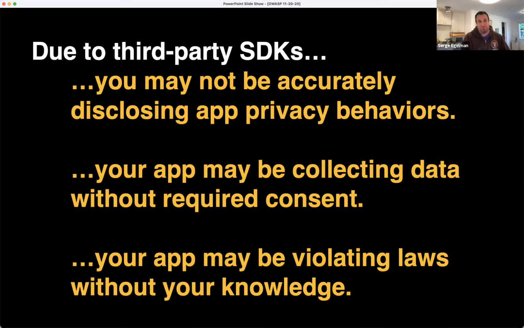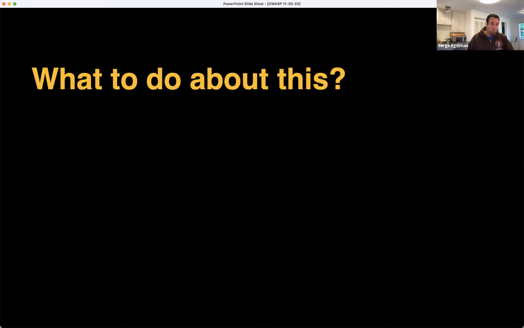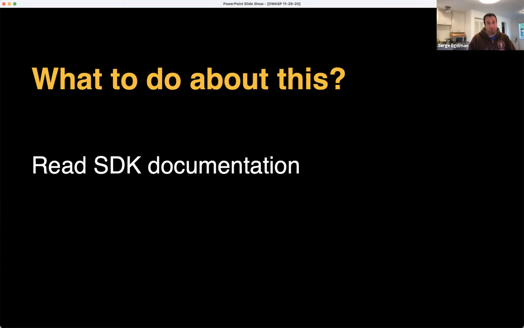These are more of the issues to think about. So what do you do here? What's the solution? If you're an app developer, the takeaway is that you should make sure you're reading all of the SDK documentation for third-party SDKs that you're bundling into your code, regardless of whether or not you think it's relevant. You might bundle a particular SDK because you want some function from it, and read the documentation for that one function. But it's possible it's doing other things that could have consequences for compliance.